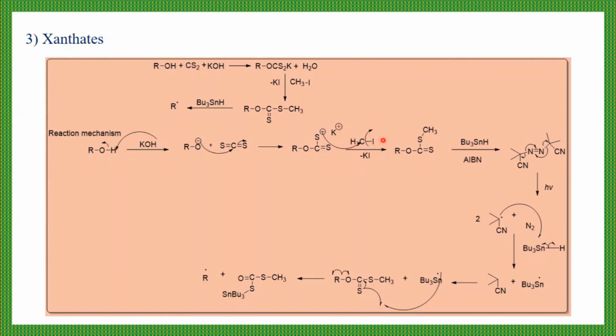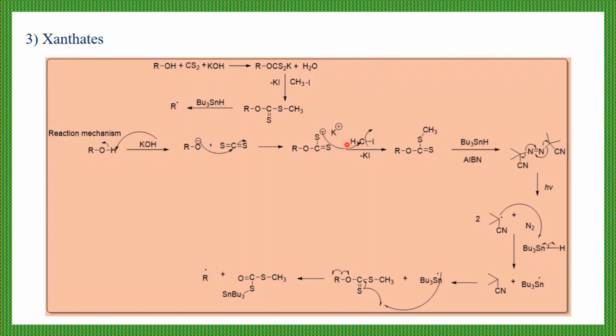So here you are reacting with methyl iodide, and the carbon of this methyl iodide is electrophilic due to the electron withdrawing nature of this iodine. It's a polar bond. Due to the inductive effect, this iodine withdraws electrons towards itself and makes this carbon electrophilic or electropositive. So due to the polarity, there is a slightly delta negative charge on this iodine, and a slightly delta positive charge on this carbon. So this carbon will act as an electrophile, and this is your nucleophile.